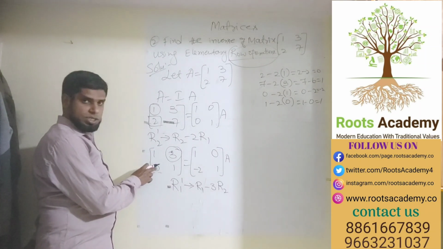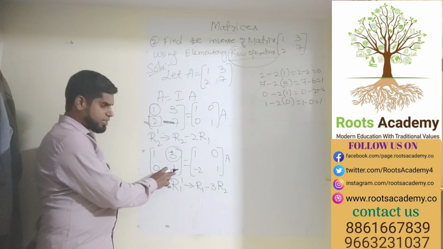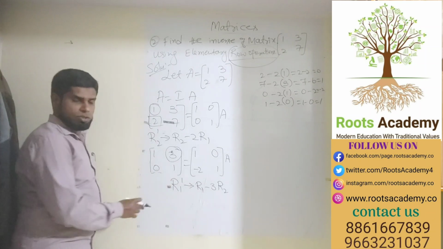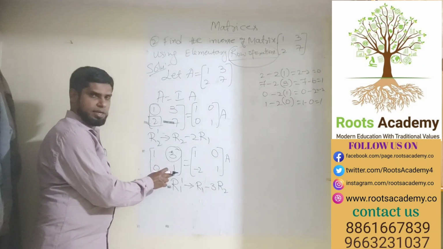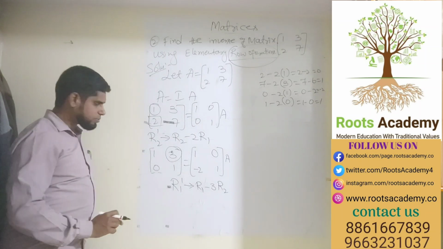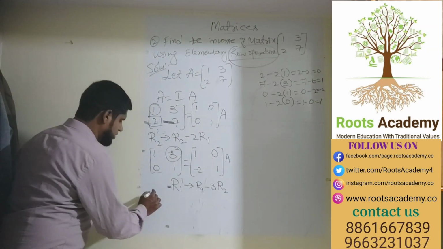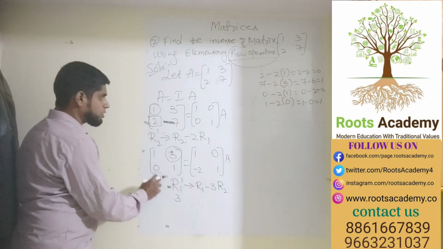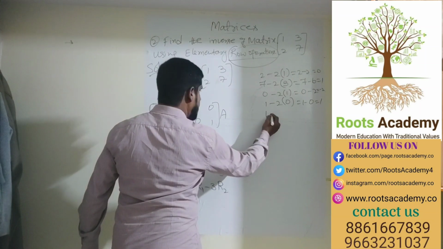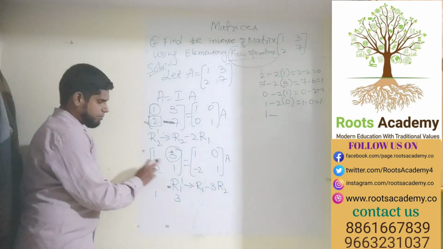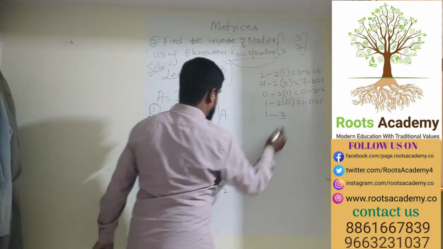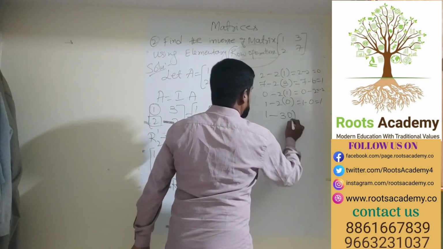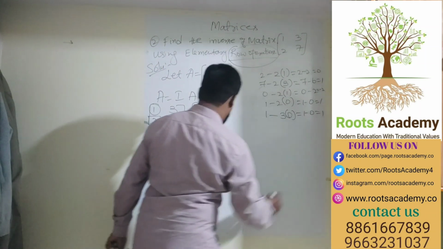So this is 0 here and there is a 1 here. So I am multiplying 3 to the second row. So this becomes 0 only. This becomes 3. Then you can subtract 3 minus 3. So the first row is as it is, 1 and 3. No changes here. So now here student, R1 I have 1 minus this one minus 3, corresponding to this one R2 is 0. So 1 minus 0, it's 1.